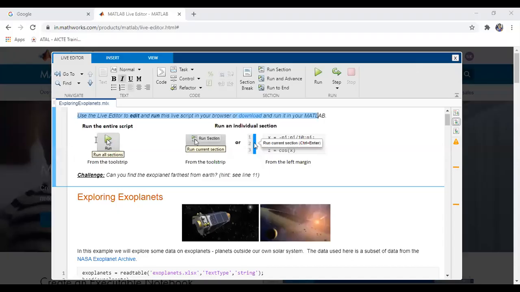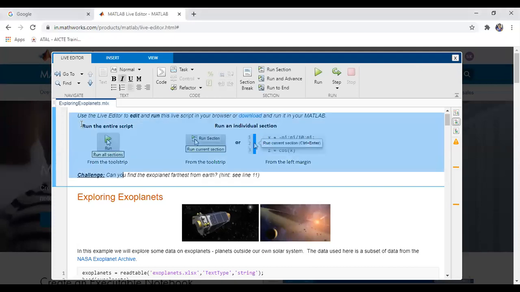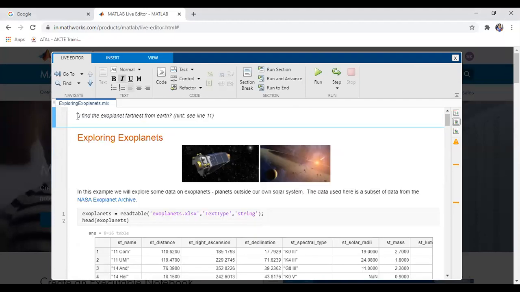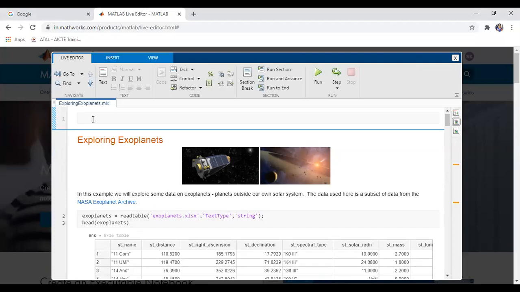So students, when you open that MathWorks link, such a window will appear there, and as we do not require this, we will delete all this like this. So see carefully how to run it. Now here we can write our MATLAB program. This is the cursor, and I will click on this code so that I can write the MATLAB command.